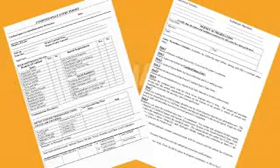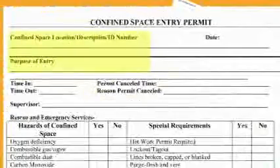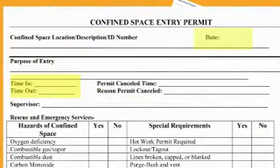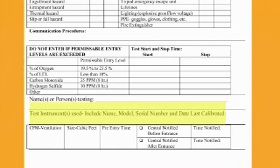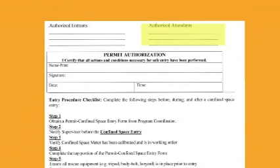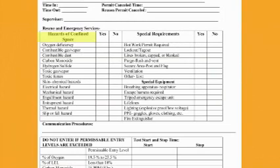Entry permits must identify the space to be entered and the purpose, the date and length of time the permit is valid, the names of the authorized entrants, means of detecting an increase in atmospheric hazard levels in the event the ventilation system stops working, the personnel serving as attendant and current entry supervisor, the signature or initials of each entry supervisor who authorizes entry, the hazards of the permit space, the measures used to isolate the permit space and